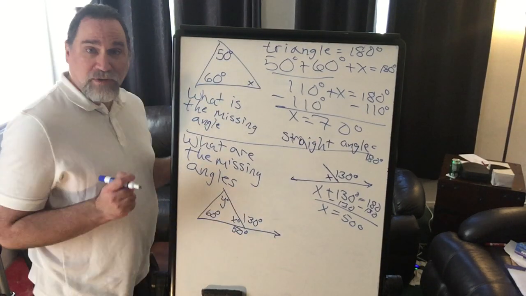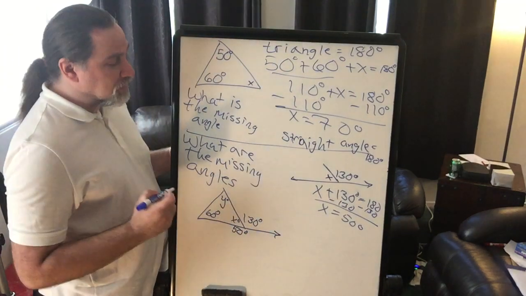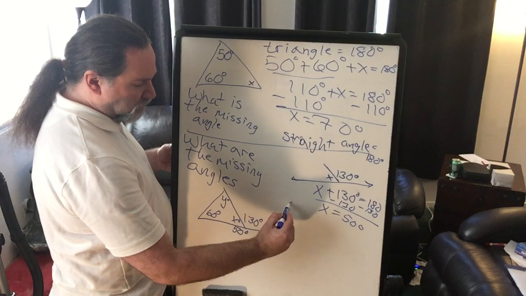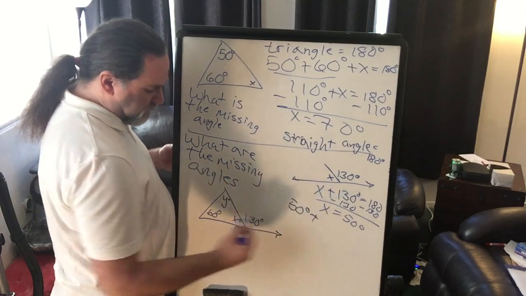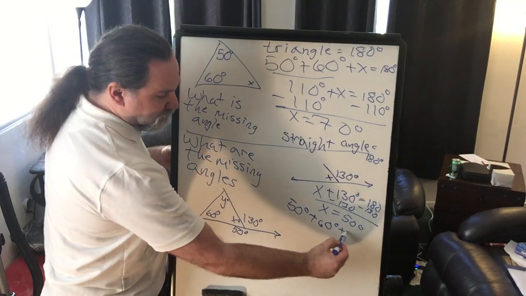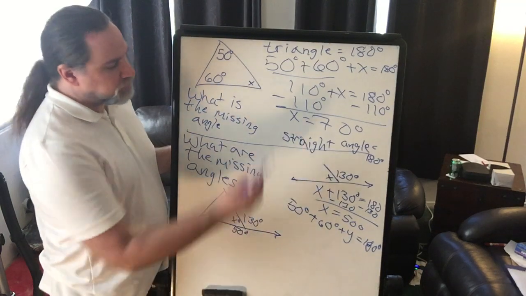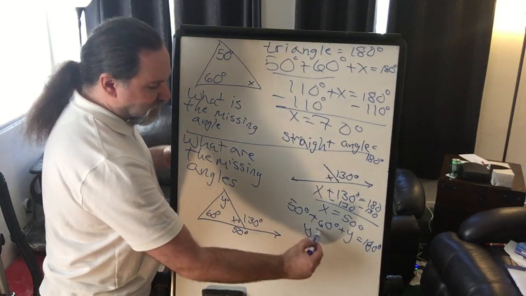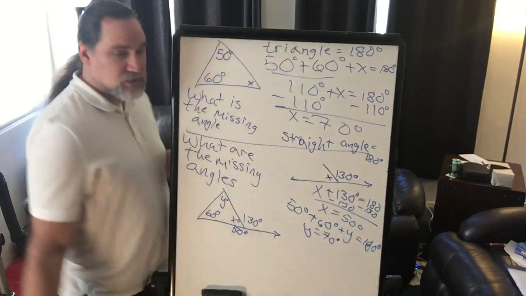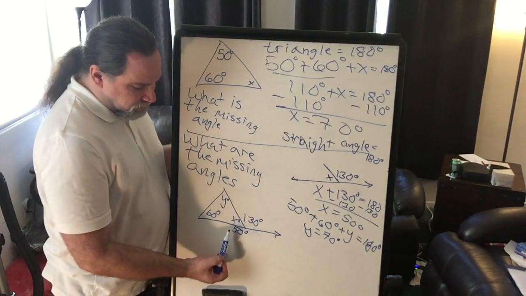And now I'm ready to find y. Well, this should look very familiar. We just did it actually, because if x is 50 degrees, and this angle is 60 degrees, and I know I'm writing downward now, and we're missing y, we're back to what we had in the previous problem. So we know that y is 70 degrees,